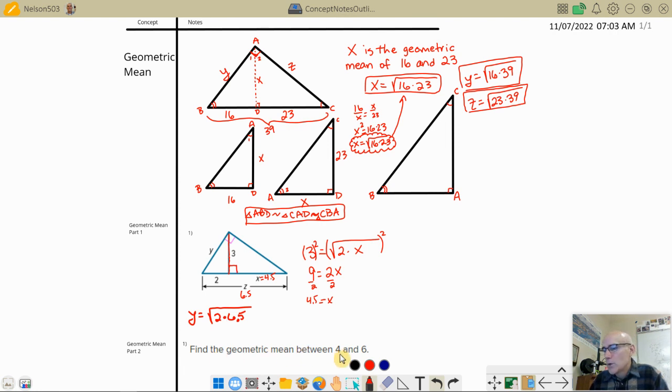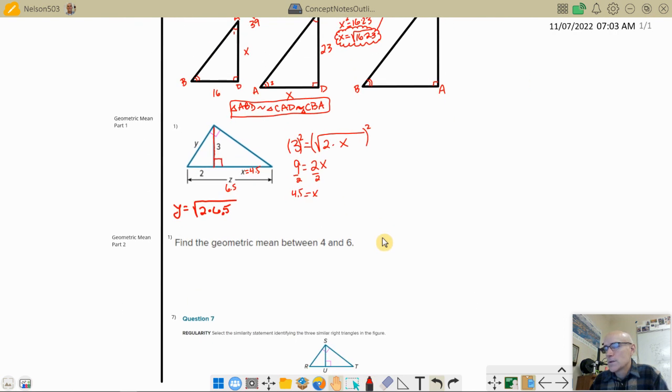Find the geometric mean between 4 and 6. Well, that's just saying, hey, x is the square root of 4 times 6. You multiply 4 times 6 together, and you take the square root of it, and so we get the square root of 24, okay? Now, they might ask you to round to the nearest tenth,